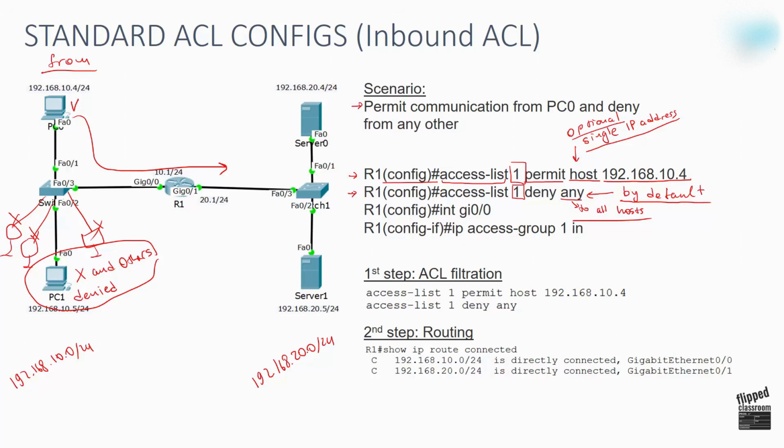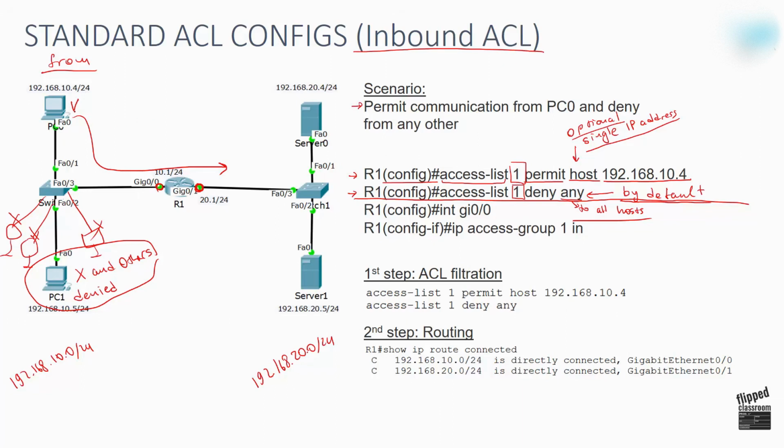Okay, and then after we created an access list, so this process of creating the access list is finished, and then we have to assign our access list to one of the two ports. So we have two ports of the router, gigabit 0/0 and gigabit 0/1. So in case you are selecting the gigabit 0/0 port and you want to assign your access list to that port, then you will have an inbound ACL in this